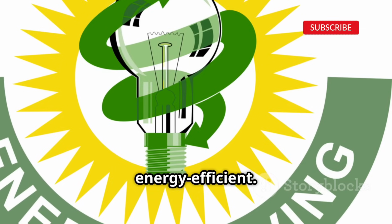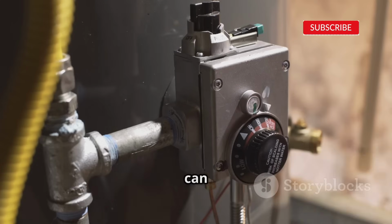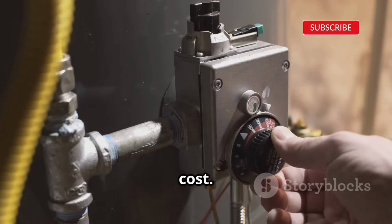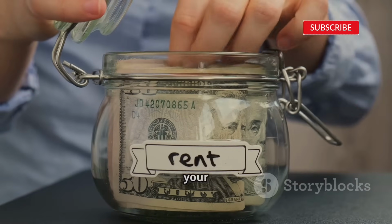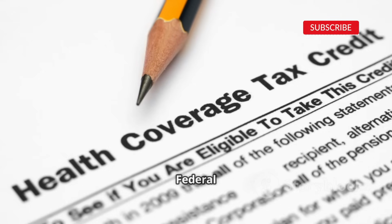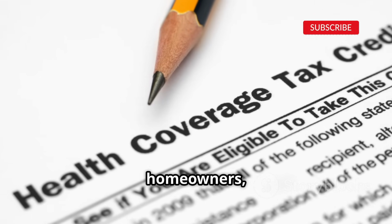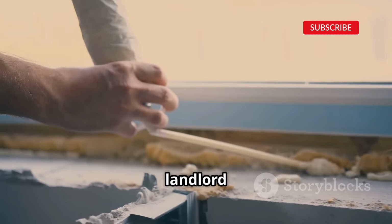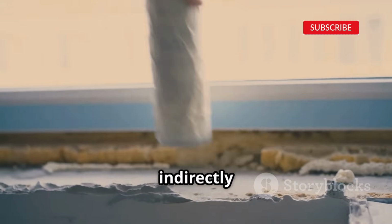energy efficient. If you buy an energy-efficient appliance, you might qualify for a rebate which can help offset the initial cost. This isn't a tax deduction but still saves you money in the long run by reducing your energy bills. The Federal Energy Efficient Home Improvement Credit is specifically for homeowners, not renters. If your landlord makes improvements to the property, they might be able to claim the credit, which could indirectly benefit